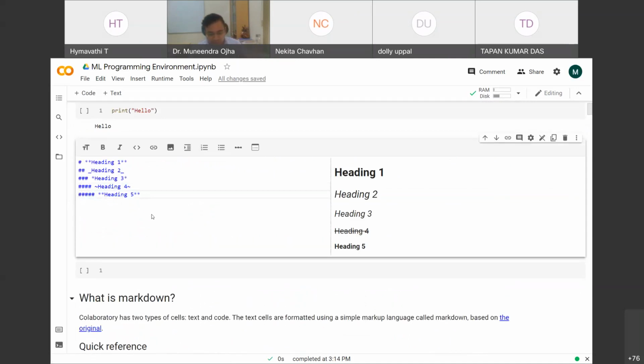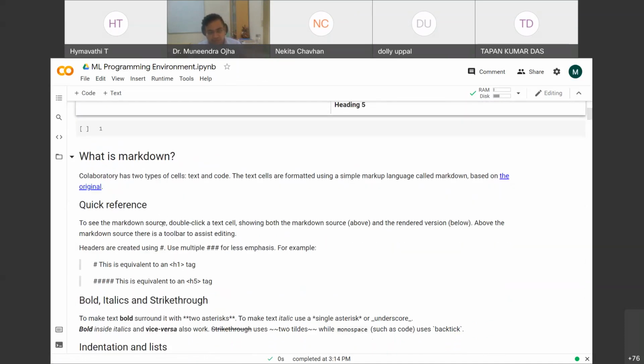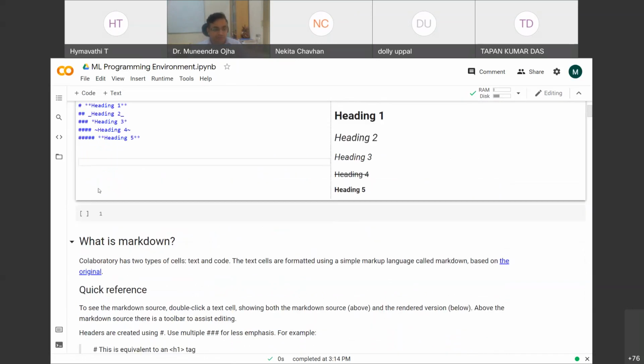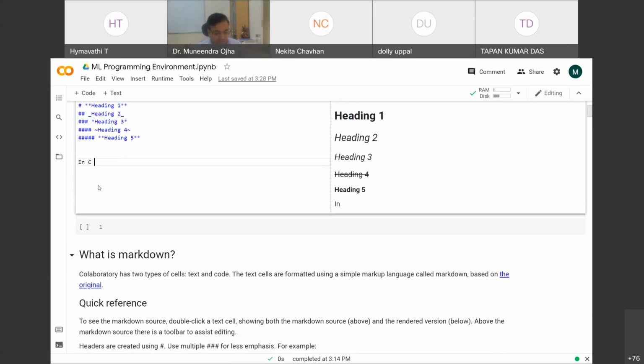If you have to do monospace, if in my text I want to write some code and I want to explain it to the user, then we do monocode. So like what I want to say is, in C programming we use printf function.